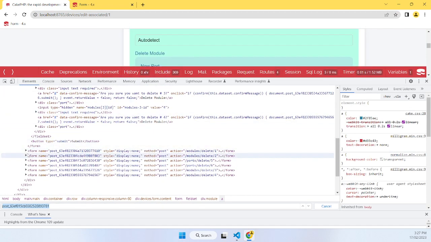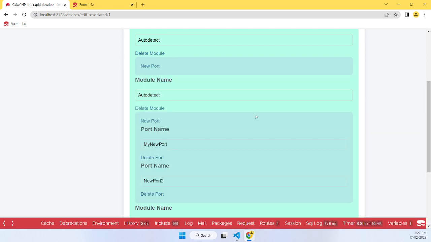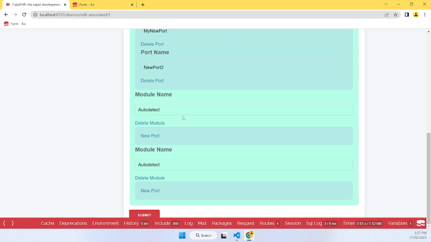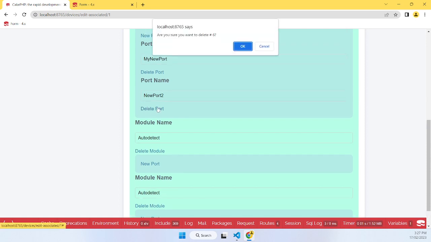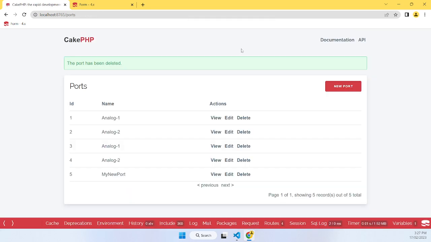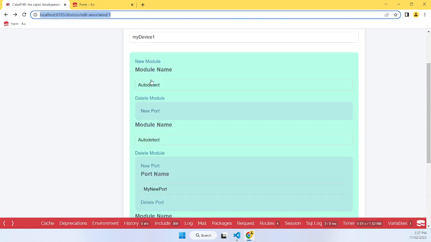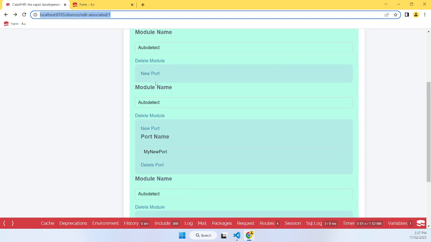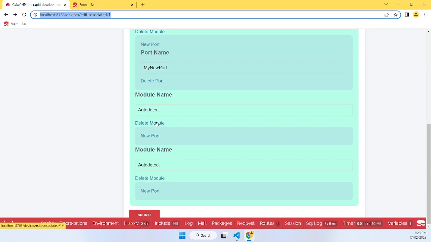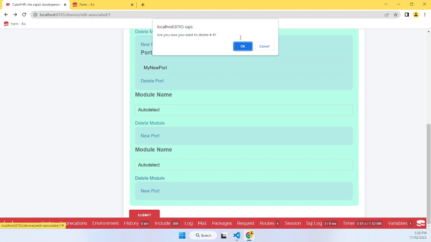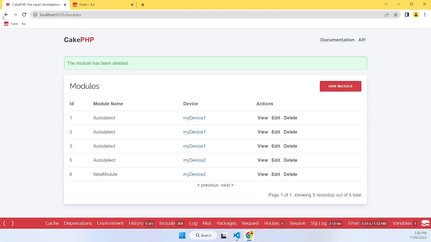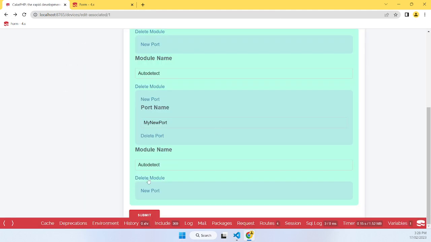Now if I reload and scroll to the bottom, I can see that now it's successfully added all the different postlink forms in, and now we should be able to delete successfully our different items. So we can choose to delete a port, go OK, go back to our form. We could choose to delete this module. Let's delete this module. Go back to our form, delete this module,